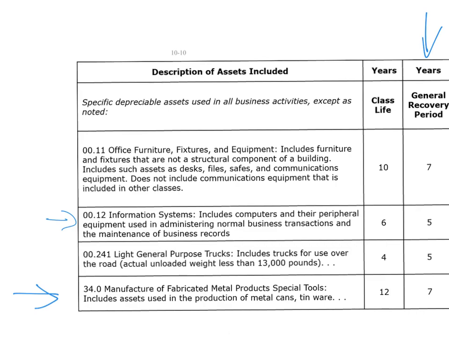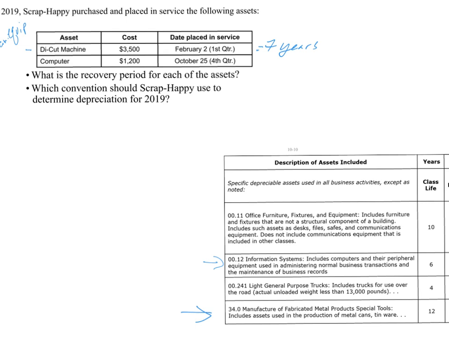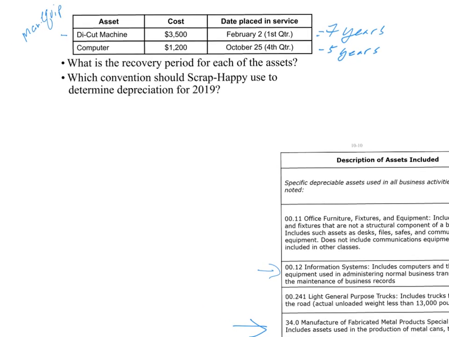General recovery period is 5 years. So we know that this computer is 5-year property. Now, what convention should they use to determine depreciation? When we talk about what convention, we're talking about half year, or